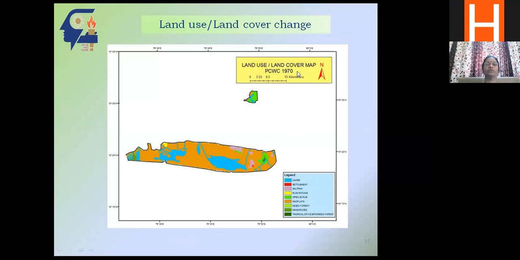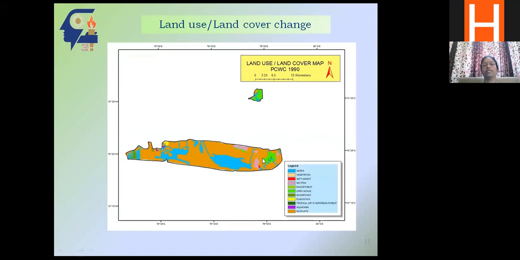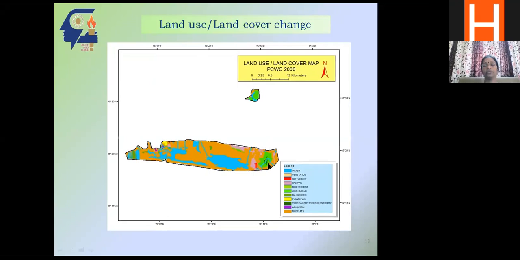Normally you call it LULC, land use land cover change. So this was the topo sheet. With the topo sheet, we identified the estuary, lagoon, all this, and a small settlement was there. And slowly we went into 1990 satellite imagery. You can understand what changes are taking place. And then it went to 2000. There was some water spread area increase. From the estuary, it was moving towards the lagoon.